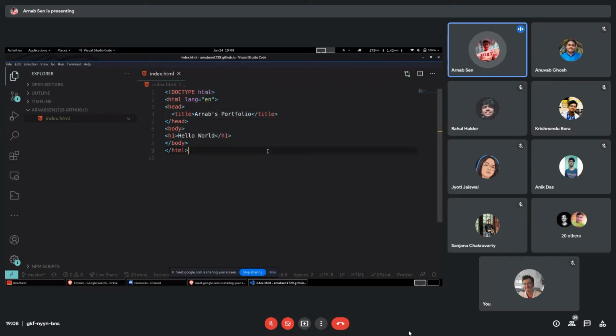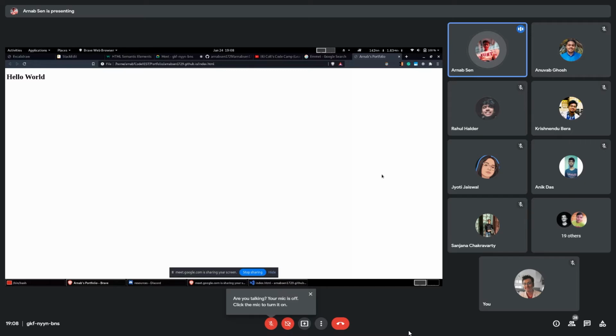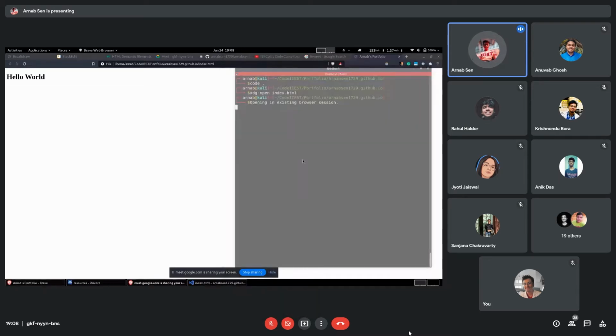Now, this is a very simplistic, minimalist HTML file. In order to view this file, what you need is a browser, obviously. If you're on Mac OS, you can just type open index.html. It will open the index.html in the default browser. If you're on Linux, you can use xdg-open. Or if you're on Windows, you can just use your mouse and go to My Computer and then open it. So go to the particular directory the file is in.